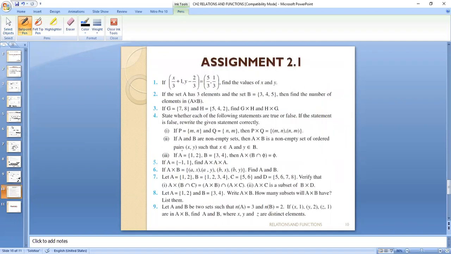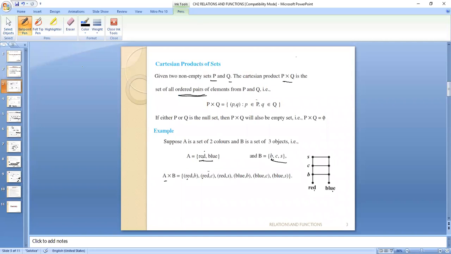Then based upon this is your assignment. It is easy. The sets will be given to you and you have to find the products only, right? You can practice this, and by practicing it, you will have the confidence that you know the exercise and you can solve it. Until now, in all the slides, if you have any doubt in the product, you can ask me. We have 5 minutes. Any doubt, you can ask me. Otherwise, I'll give questions to you and you can practice.